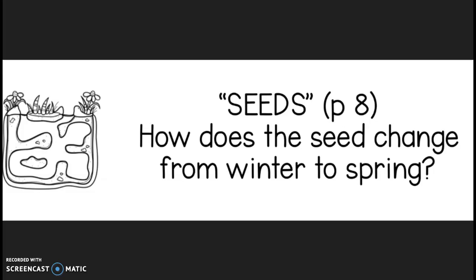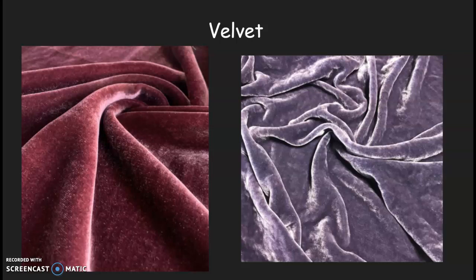Okay, let's go to our next poem about something else that happens underground. Our next poem is called Velvet. And before we read that poem, I wanted to show you two pictures of what velvet looks like because you might not be familiar with that kind of material, but here are some pictures of velvet. So it's soft material that you might see dresses made out of, or pants, or curtains. So that's what velvet looks like. It's soft to the touch. So just to give you that background information, when we read this next poem, you know what velvet looks like.